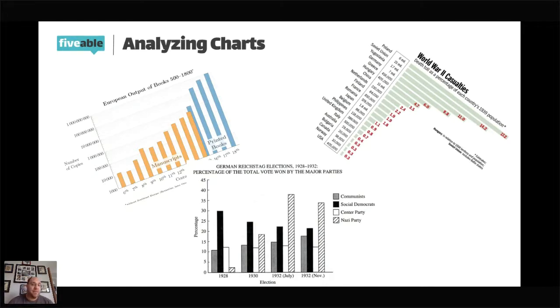So charts and maps tend to be a little bit easier to analyze simply because they give you all the information up front. You just actually have to make sure you use it. Read the keys, read the title, go through the whole chart and go through the whole map before you start using it. Otherwise you can make a mistake and just start talking about printed books and how printed books only started in the 18th century where they took off, when in reality we're looking at printed books from the 15th to the 18th century, and manuscripts are still around in the 15th century, okay?